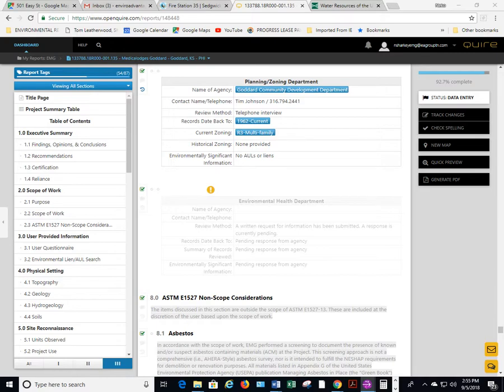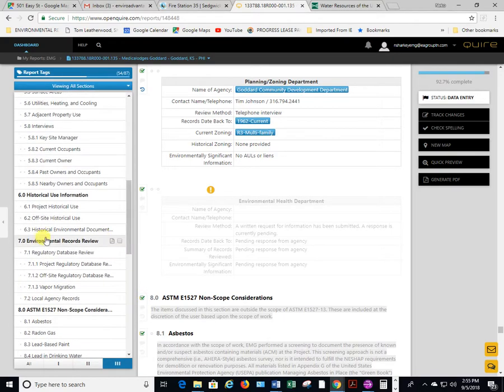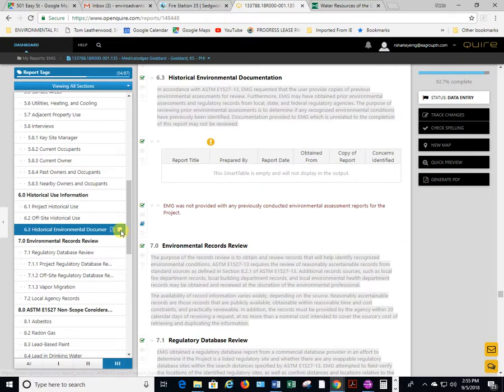And the final department that we looked up was the environmental health department. Now, the environmental health department is grayed out here because the only time we contact the environmental department for EMG is when there was a septic tank on site. Okay, and